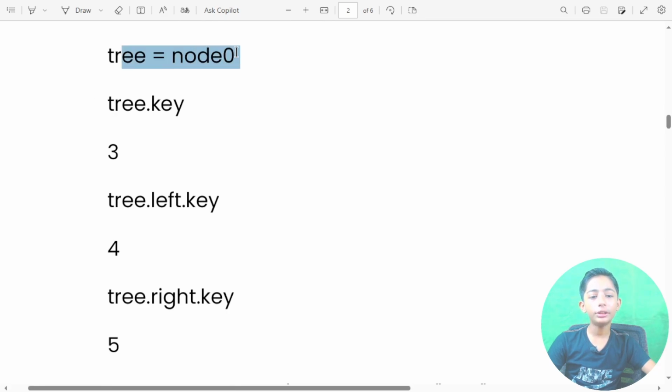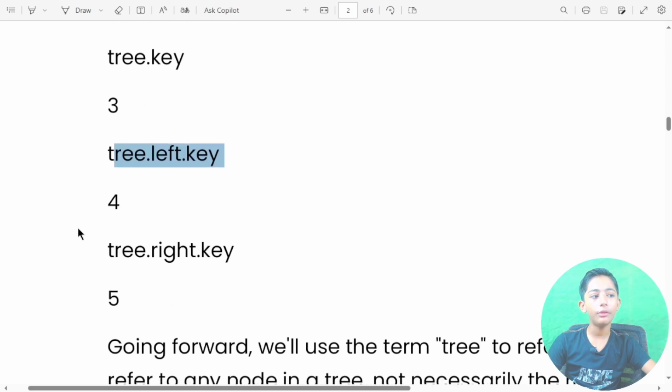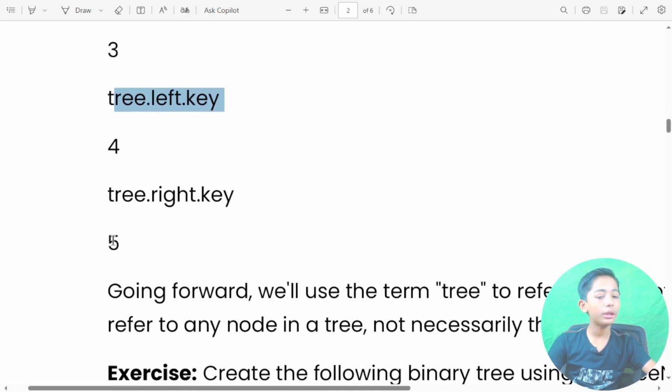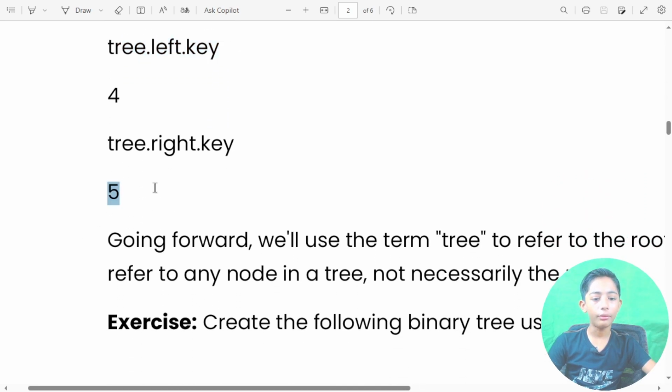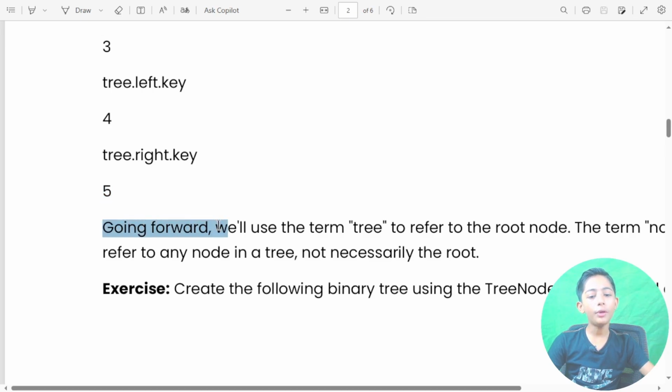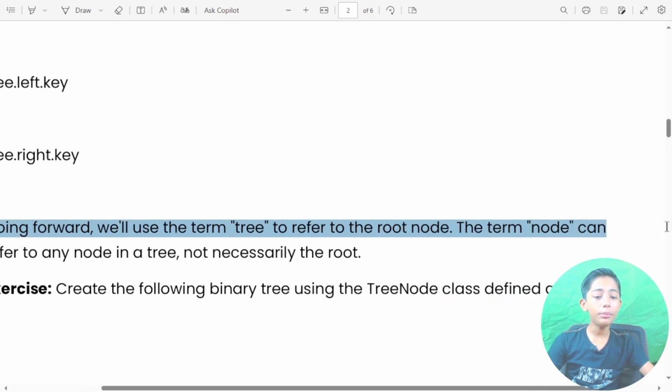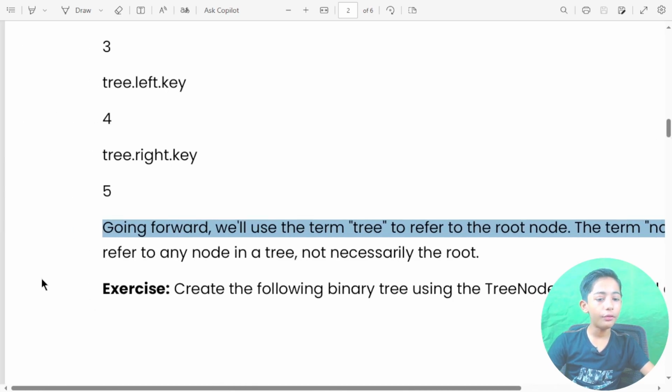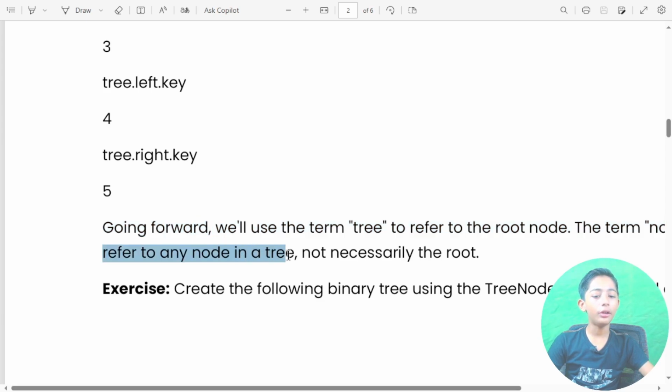Like tree is equal to node0, tree.key is 3, tree.left.key is 4, tree.right.key is 5. Going forward, we will use the term tree to refer to the root node. The term node can refer to any node in a tree, not necessarily the root.